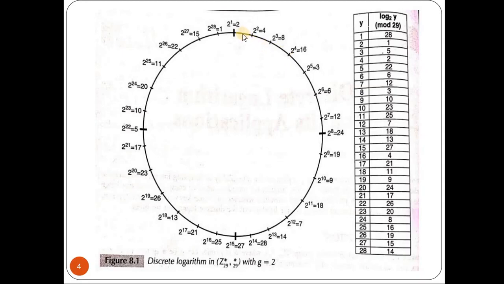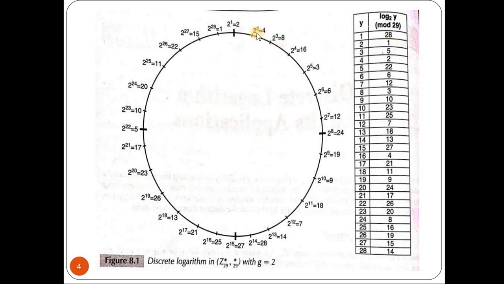Okay. So initially I'll take x is equal to 1. So 2 to the power 1 mod 29 is equal to 2. So this 2 is nothing but the y value, and the exponent is there, right? That is the x value. So for the x value 1, the y value obtained is 2. That is nothing but the inverse of 2 is 1. So I have to go to the table, go for the row 2 and fill its inverse as 1.